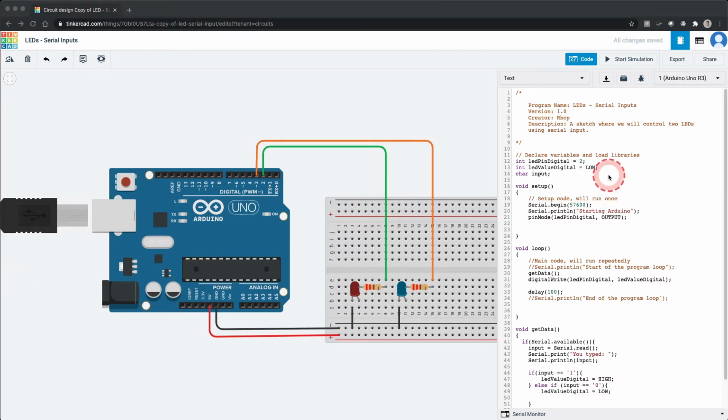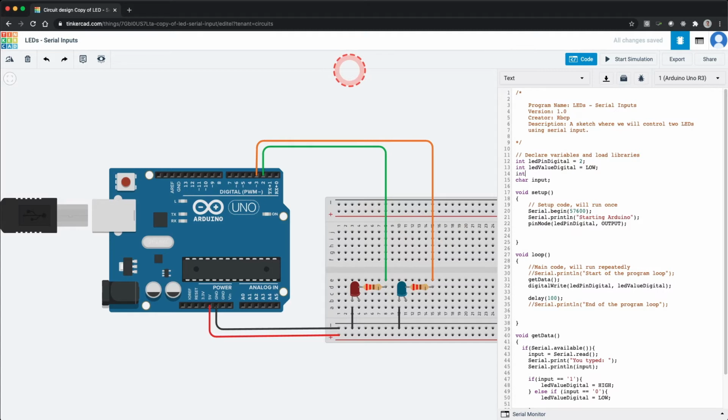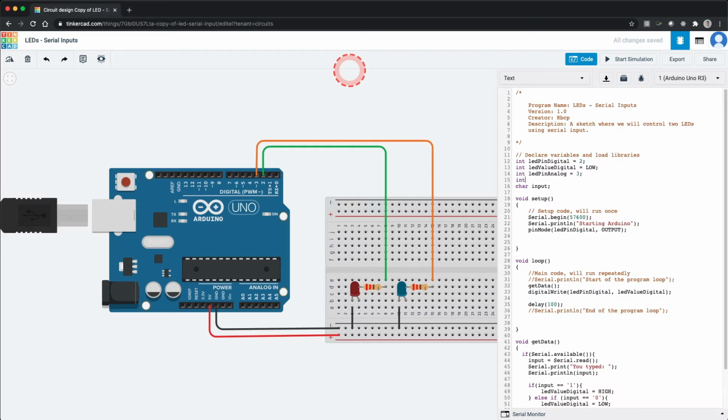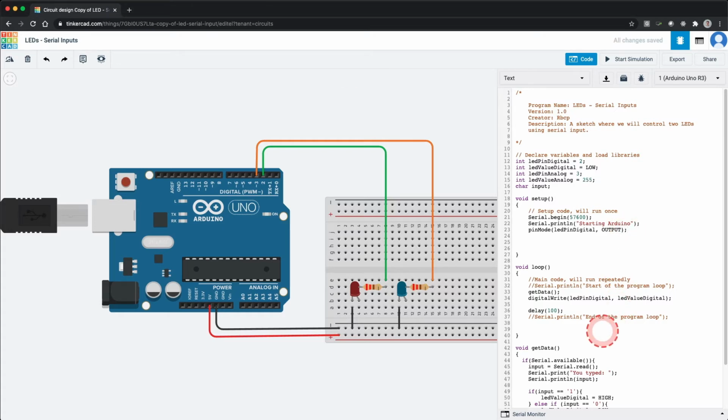Declare the variables. Below the existing code, type int LED_pin_analog = 3; to define the pin for the second LED. Next, type int LED_value_analog = 255;. In the setup function, tell the Arduino that the second LED will be an output.